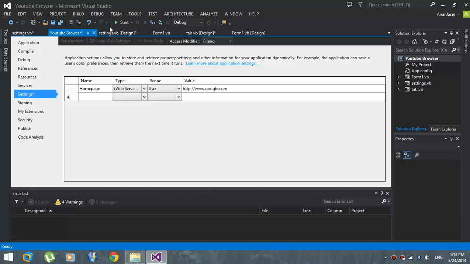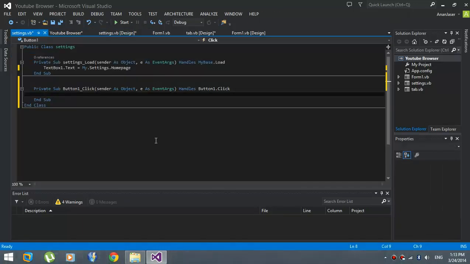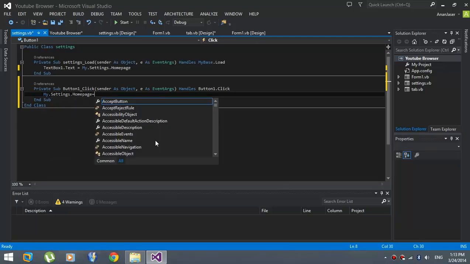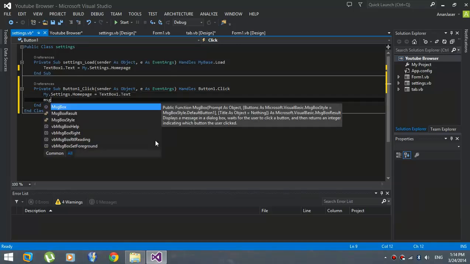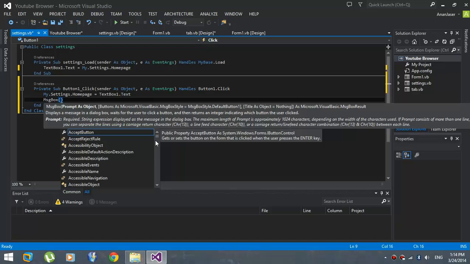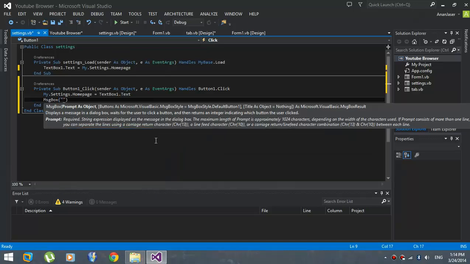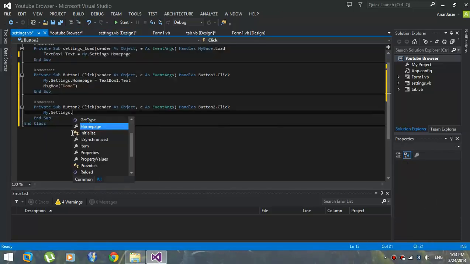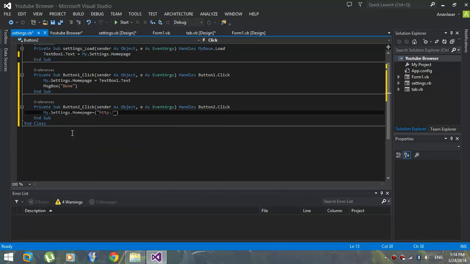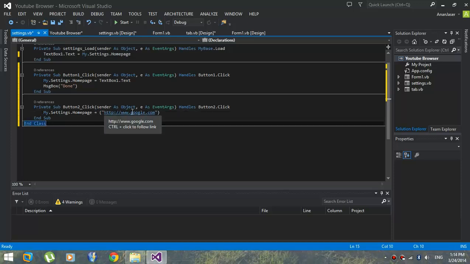Now here in the settings menu, double click on the set and type in my.settings.homepage equals textbox1.text, then MsgBox between brackets, then add quotations and type in done. Now double click on the default and type in my.settings.homepage equals, between brackets, http://www.google.com. Make sure to add http. Alright,